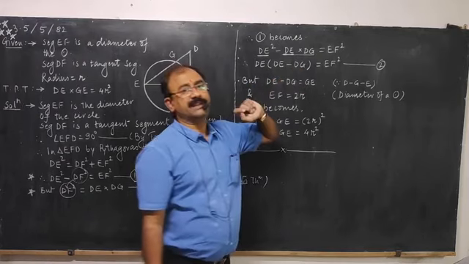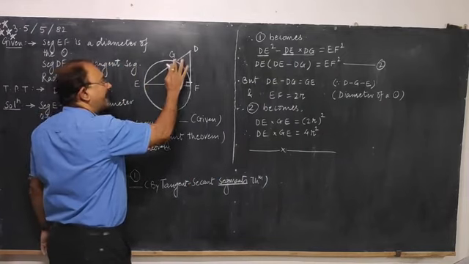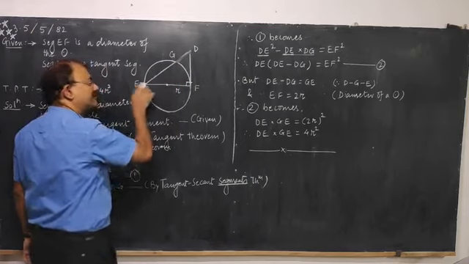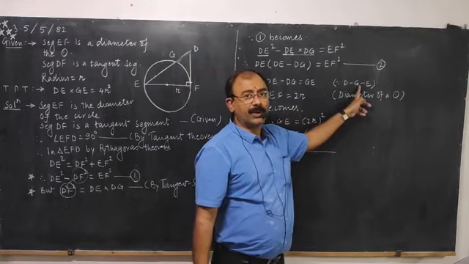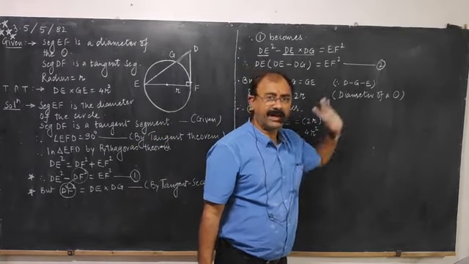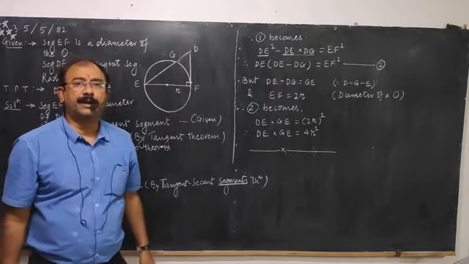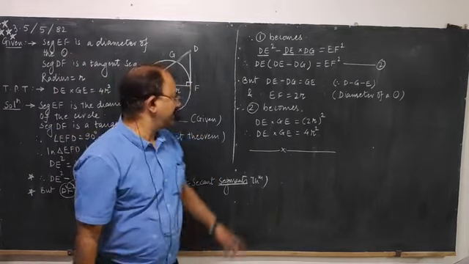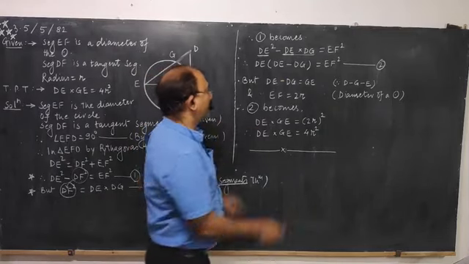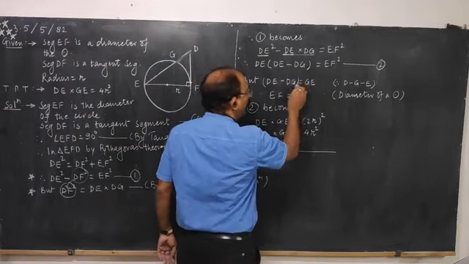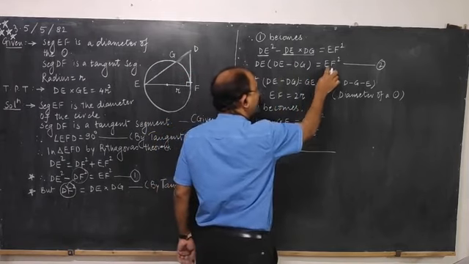DE minus DG, let us observe in the figure. DE minus DG, so what will remain? GE. DE minus DG is equal to GE, because these 3 points are collinear. D, G, E are collinear points. Moreover, EF is the diameter, and we know that diameter is twice the radius. EF is equal to twice the radius because it is the diameter of a circle. So this bracket we have obtained will go here, GE, and in place of EF you are going to write 2R whole square.